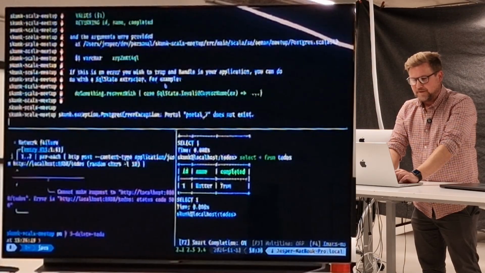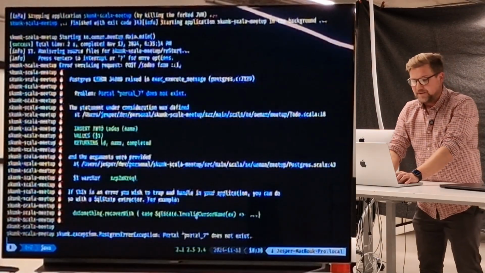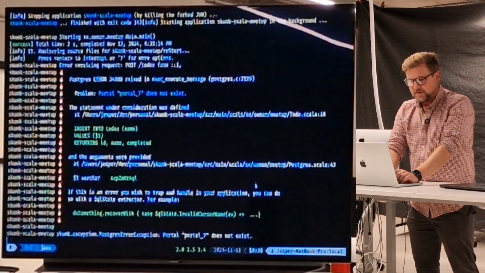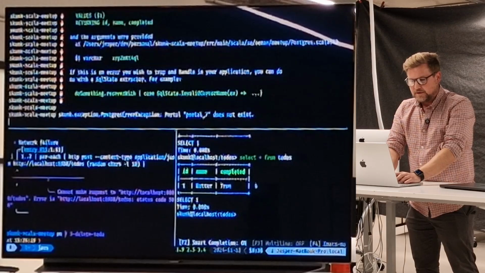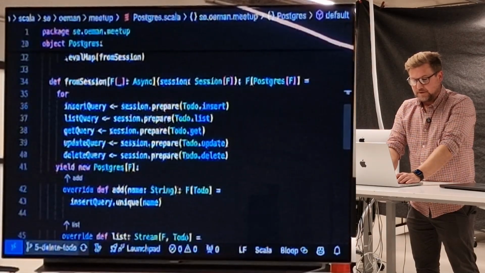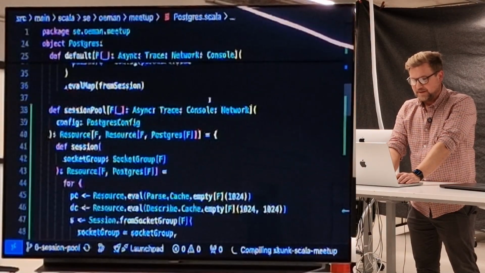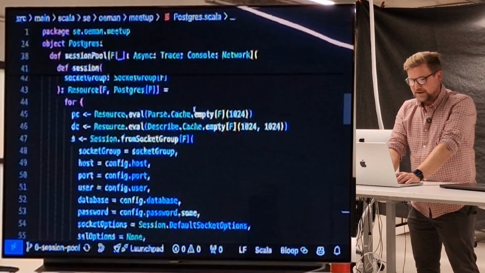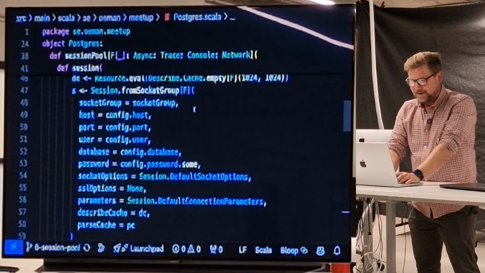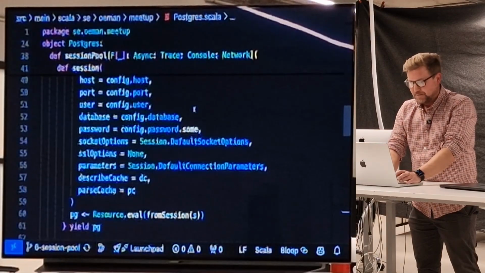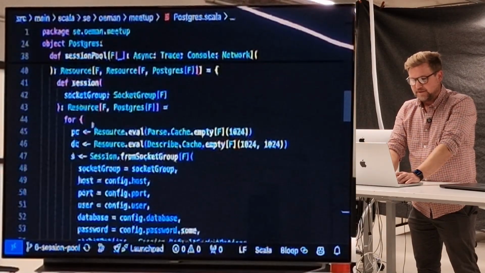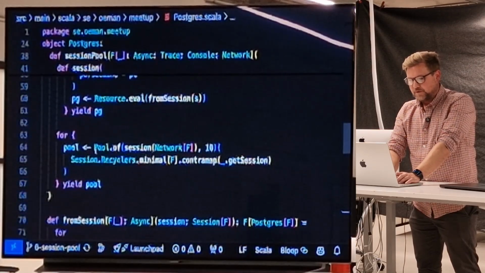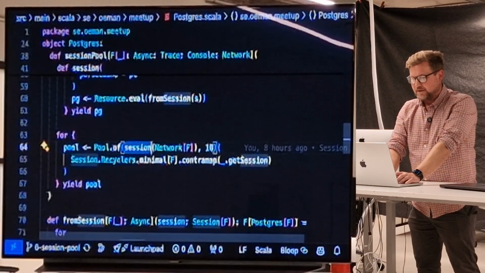And it's actually pretty simple to break a single session Postgres that way. So then we can create a multi-session pool instead. This looks like this. I'm going to share this afterwards. I'm not going to go through everything. But basically you create this function that creates a session, and then you're creating a pool of this session and